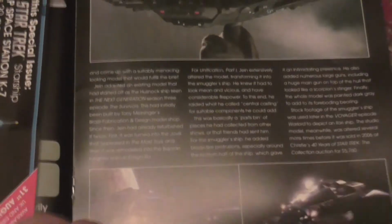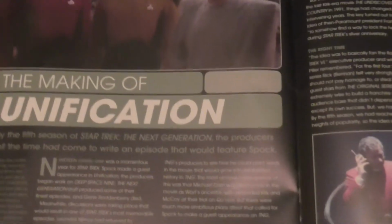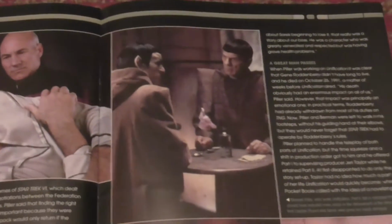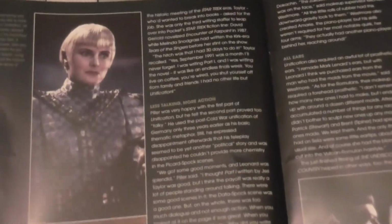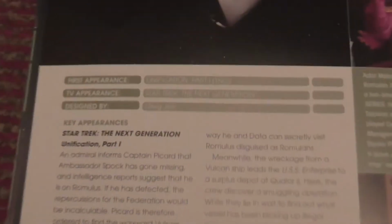But let's get back to issue 105. You can see different pictures from the designing of the model, and here you can see the making of Unification, which is the great episode which features Mark Lenard as Sarek and the one and only Leonard Nimoy as Spock in Star Trek The Next Generation, which was Leonard Nimoy's last appearance as Spock before the 2009 reboot movie. And it ends with the on-screen appearances. As you can see, it was in Unification Part 1,